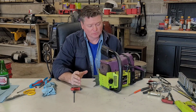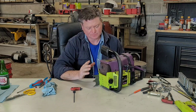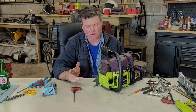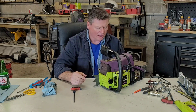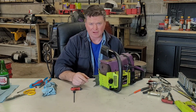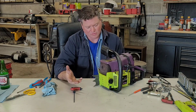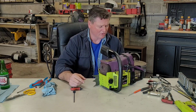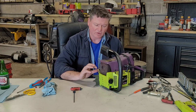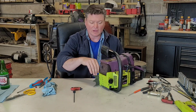Well, what I'm going to do is I have the benefit of knowing this thing. It's crazy. It's all over the place. I can't adjust the carburetor. I have the screws out like 2 1/4 turns and stuff, and I don't think you should ever have that going on. But I have the luxury of knowing what this saw has been through a little bit, right? And I know that